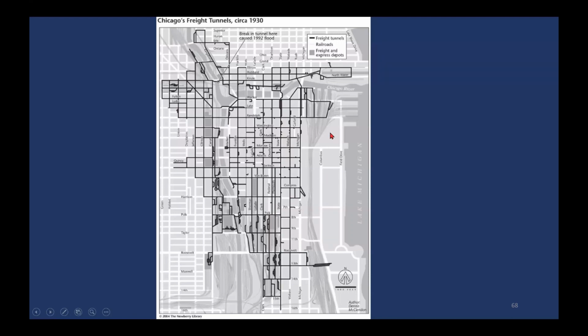The system was already getting obsolete with trucks, but it actually lasted until the final death knell, which was the opening of what's now the Kennedy Expressway, that severed their connection to either a car barn or something. And by that time, it was going to die anyway. But a later story about this. Most of those things are still there. They're largely sealed off, and there was an incentive to seal them off after a